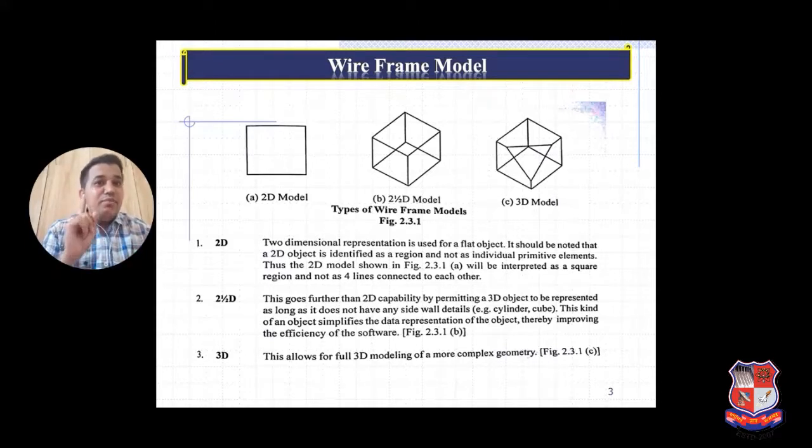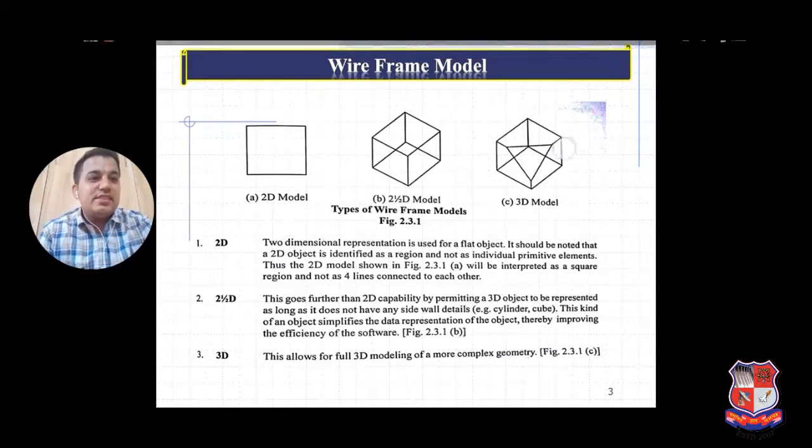But one important thing that we have to learn in 2.5D is how it differs from the 3D model and the 2D model. So the 2.5D model does not indicate any kind of volume. It cannot give any data like edge, point, and so on. It just represents basic geometry.